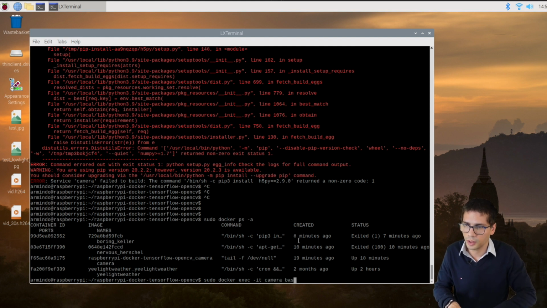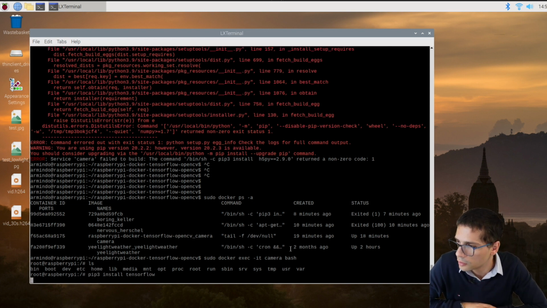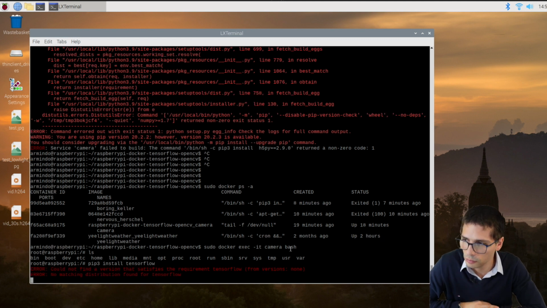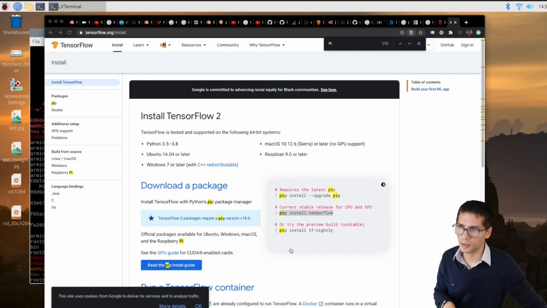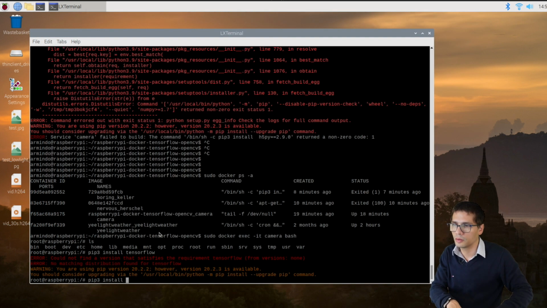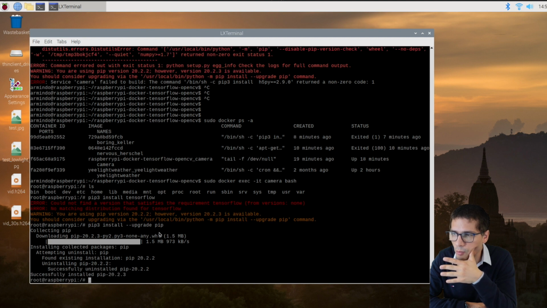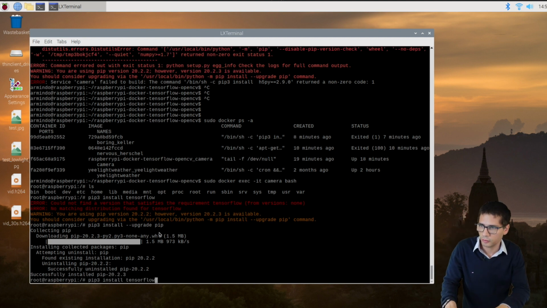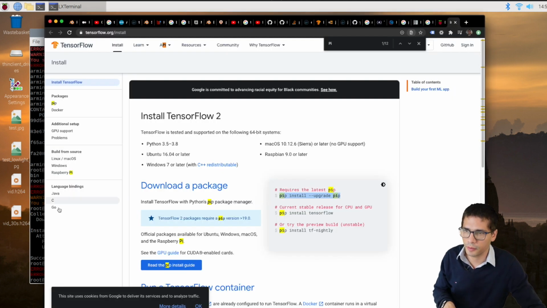Camera, bash. I'm just going to try and install it here directly and see what happens. I wanted to install version 2. If it installs version 2, I'm very happy. There's no requirement that satisfies it. Install upgrade minus pip. So let's hope that upgrading pip actually helps. I don't see how it can, but it does say in the documentation you should have the latest version of pip, but it doesn't have.